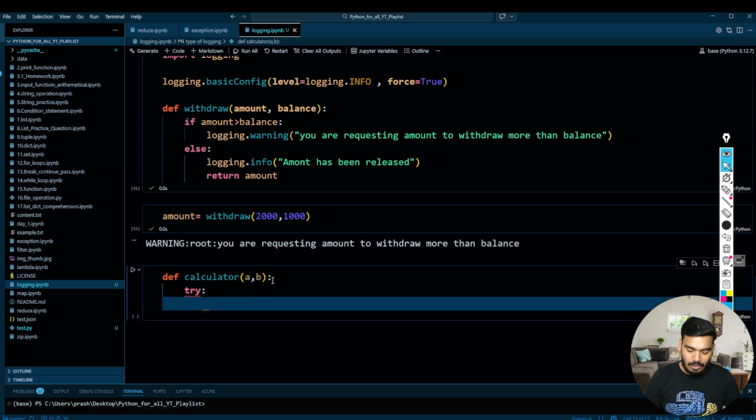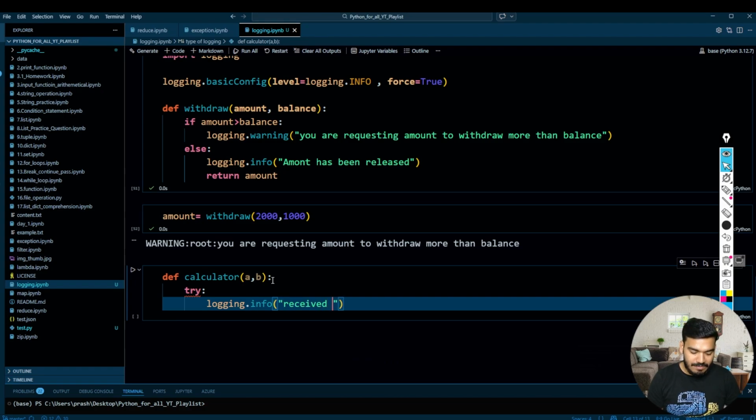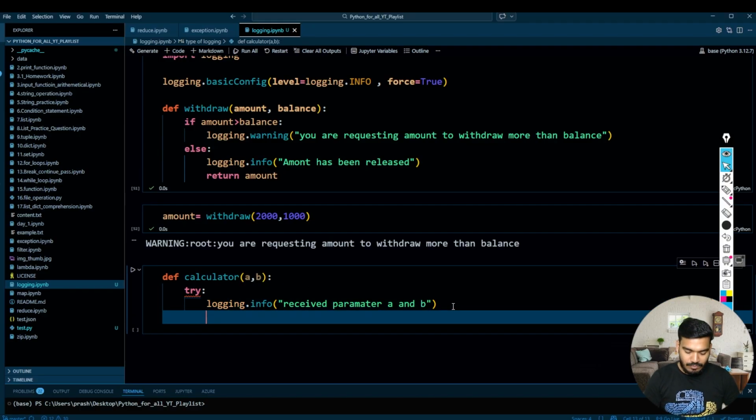So try, and then over here write logging.info receive parameter a and b. Perfect. After that, I want to find the sum. So for that, if a is greater than b, I want to do the division. So for that, the a should be greater than b. So right over here, if a is less than b, then right over